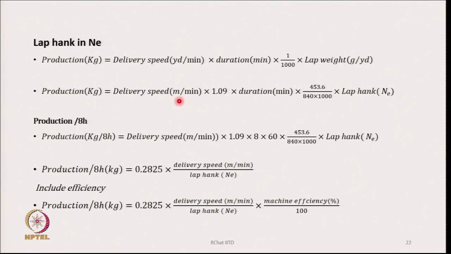Production in kg will be delivery speed, sorry, here it will be again, if it is meters per minute it is okay, then I multiply it by 1.09. This factor is coming because delivery speed multiplied by 1.09 will give me delivery speed in yards per minute. Then duration, whatever is the duration I want, and the lap weight in gram per yard, with lap hank, this is connected by this. This will give me the lap weight in gram per yard,